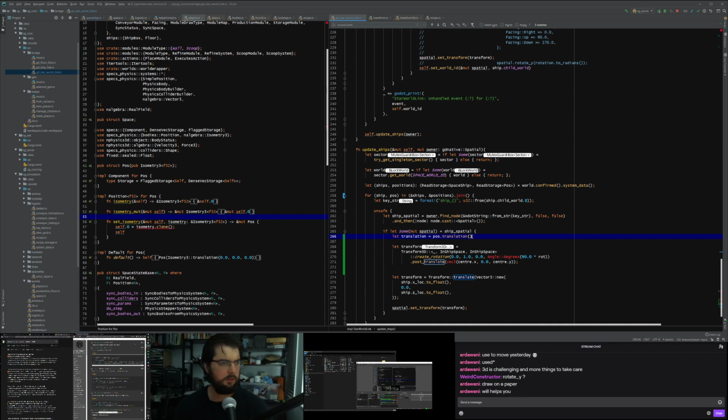I think it's called. I need to open a new tab and go back to the isometry 3 and isometry and find the one that's called transform.